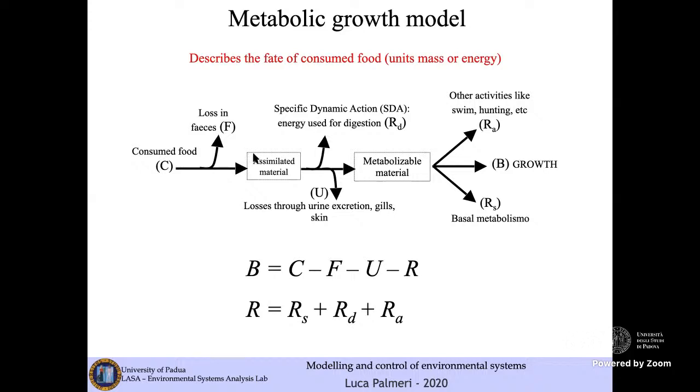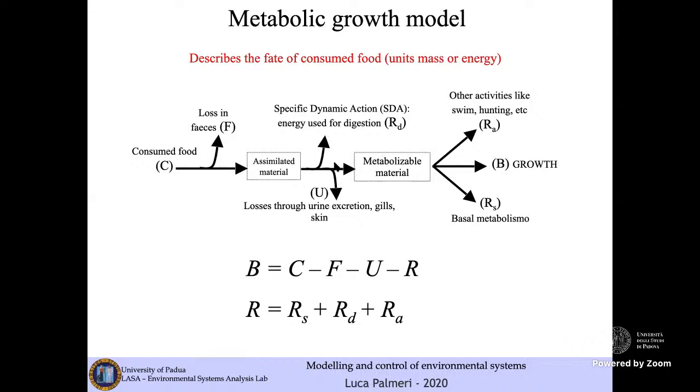What remains is assimilated material, so it's food that enters a chain of chemical transformations that makes this food available for building biomass of the organisms. Of the assimilated material, a quota is immediately lost by what is called specific dynamic action, SDA, that is the energy used for digestion on one side, and a part of the energy that is excreted by urine or gills,